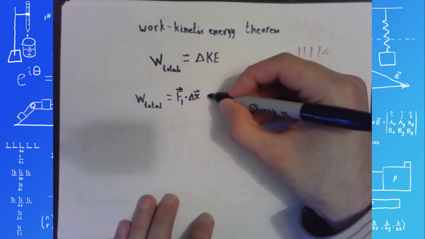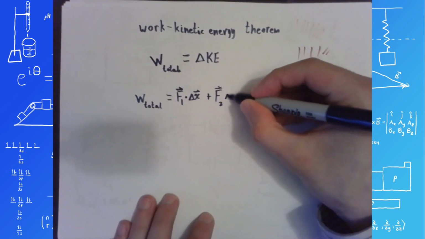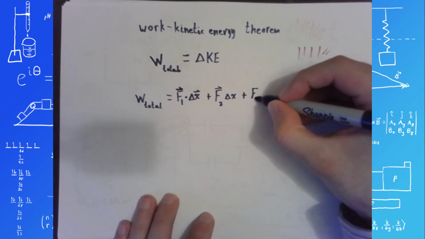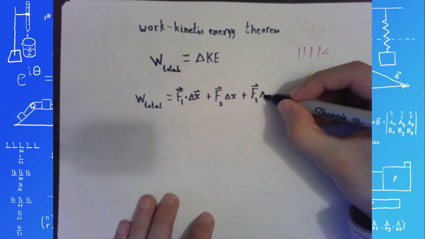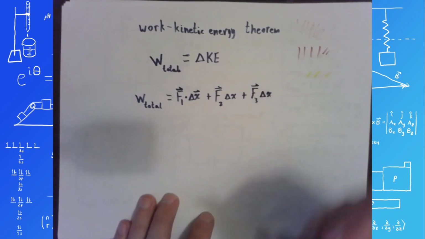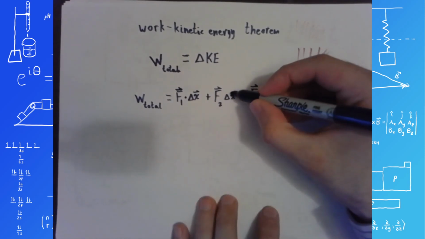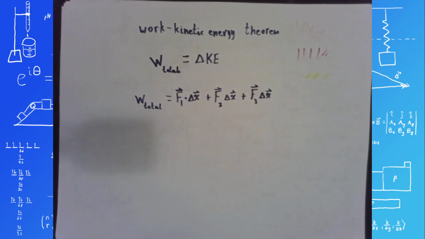F1 delta x plus F2 delta x plus F3 delta x. The delta x should be the same for all of them, because delta x is just the displacement of the object under the influence of each force. I guess you could have different delta x's if different forces acted for different parts of the displacement of the object. So like if you